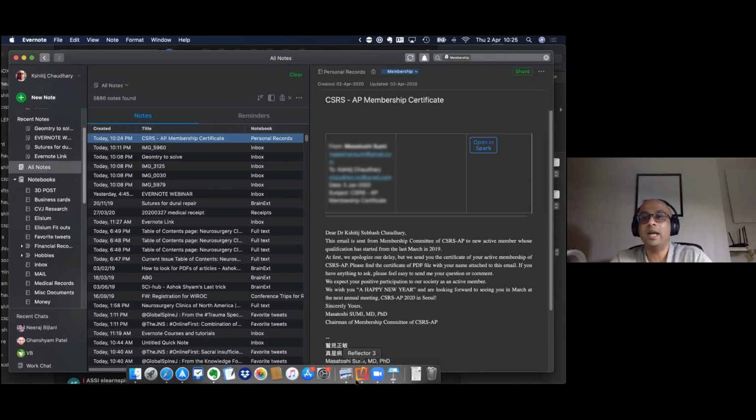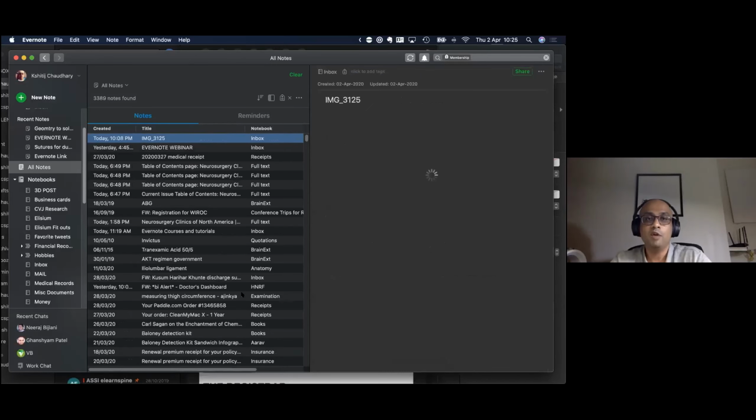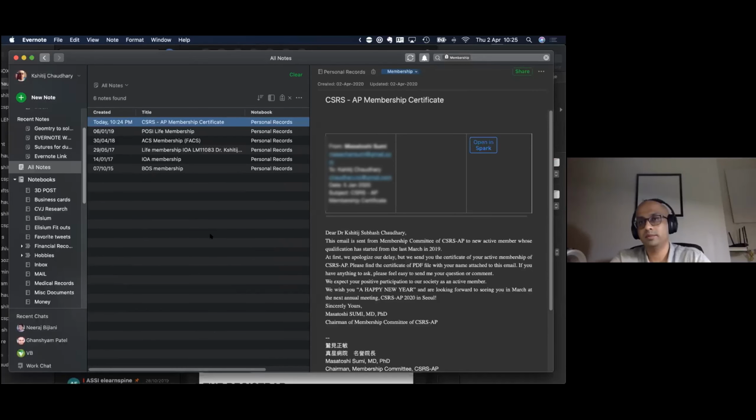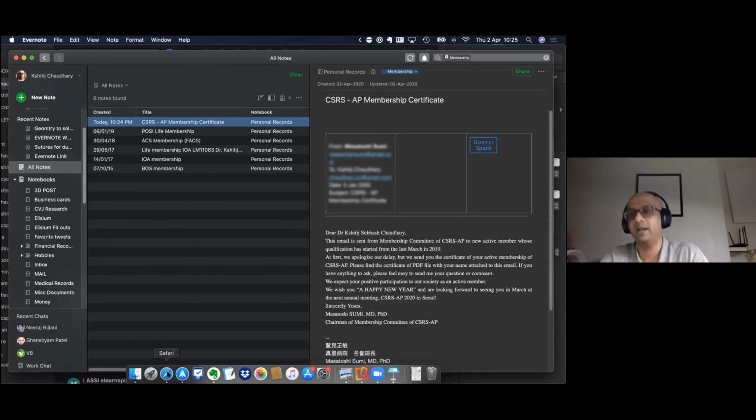You can forward anything to your email address from any computer that you want. So let's say you are on your work computer and you want something to go to your Evernote, and you don't have Evernote installed on your work computer. You take that stuff and email it, not to yourself. We tend to email things to ourselves because we want to store things in our email address. So stop doing that. Email is used as a conversation. It's not supposed to be used as a storage device. You use Evernote as a storage device.